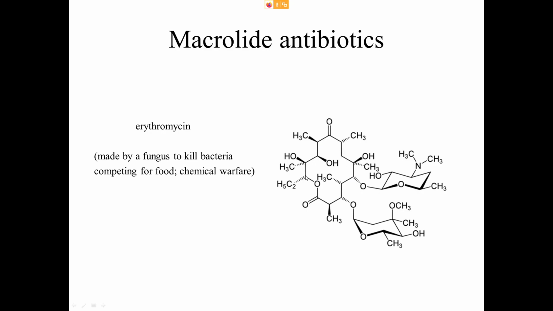It's a lactone. Right, it's a lactone, right? It's a very big lactone, right? So if you could count down the Greek alphabet, this one doesn't get a letter, but alpha, beta, gamma, delta, epsilon. You keep going around, and you don't have to memorize all those Greek letters unless you really want to. But when you get to this position here, that would be the letter you'd put there. It's number what? 1, 2, 3, 4, 5, 6, 7, 8, 9, 10, 11, 12, 13 lactone is what it